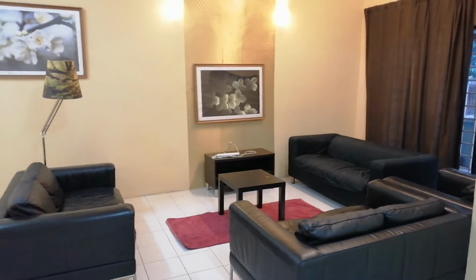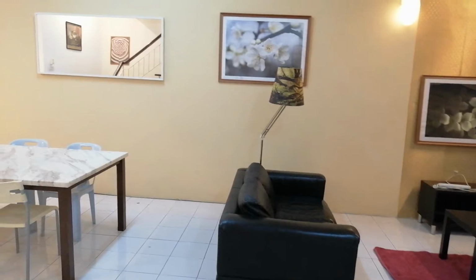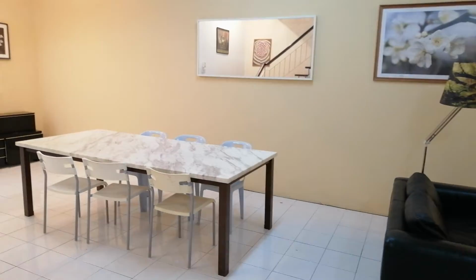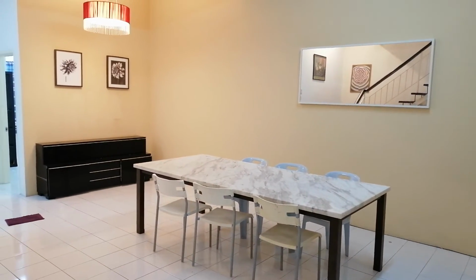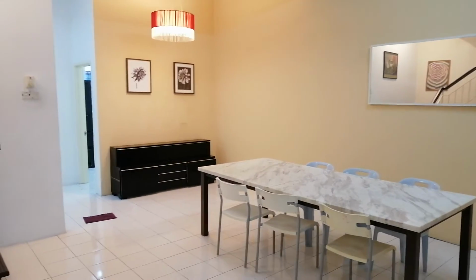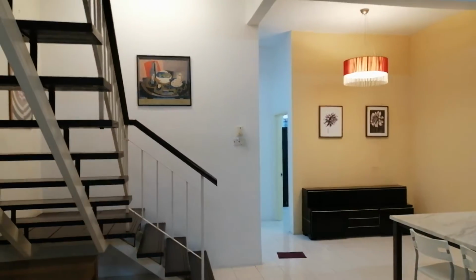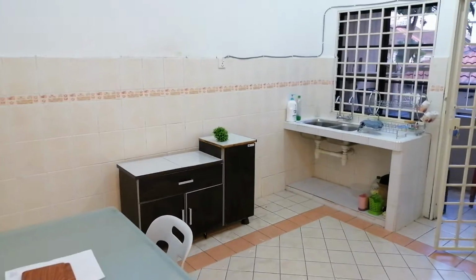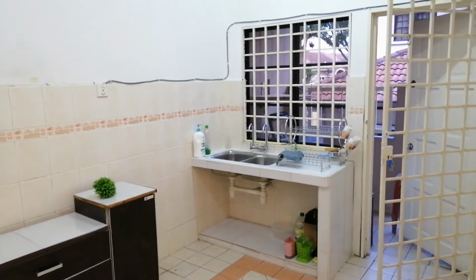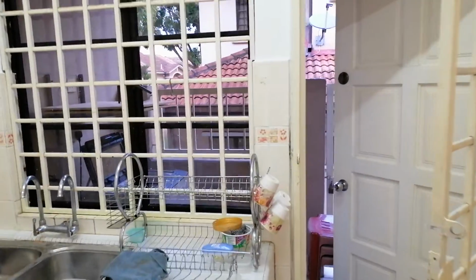This is the spacious living room with mirror, followed by a big marble table and space for an altar, and then the stairs leading up to upstairs. Behind the stairs is the kitchen with a double stainless steel sink, and then there's a rear gate, and behind this is a washing machine,